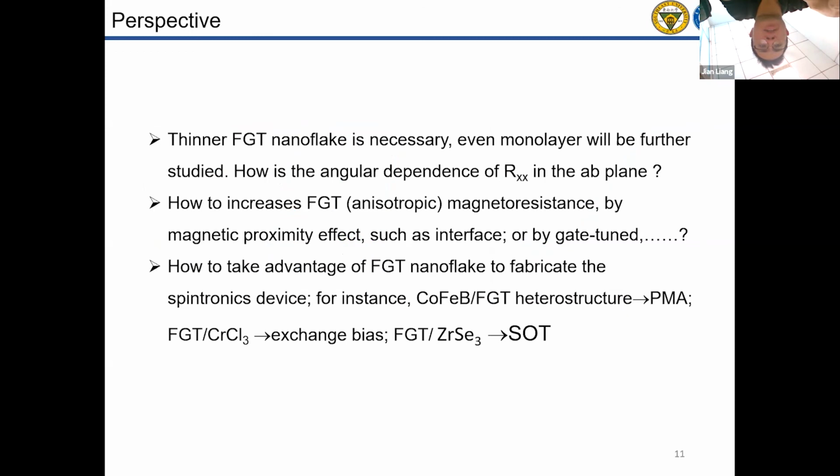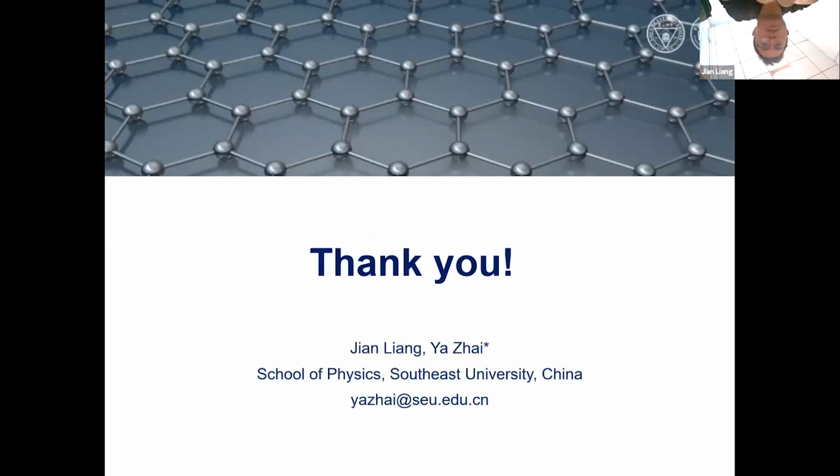In the last, I think there are some other points that we need to study further. The FGT nano-flakes are necessary to study to see their properties down to monolayer. How about the angle dependence of Rx in the flake plane? How to increase FGT anisotropic magneto-resistance may be done by interface or gating. How about the tunable properties by using magnetic proximity effects, such as the heterostructure with 3D magneto-metal or LOI and FGT. Okay, thank you